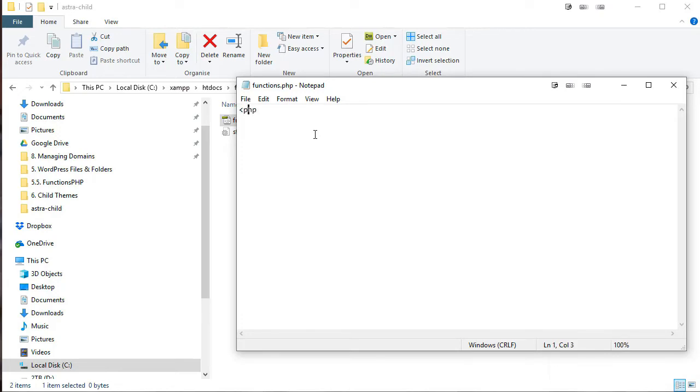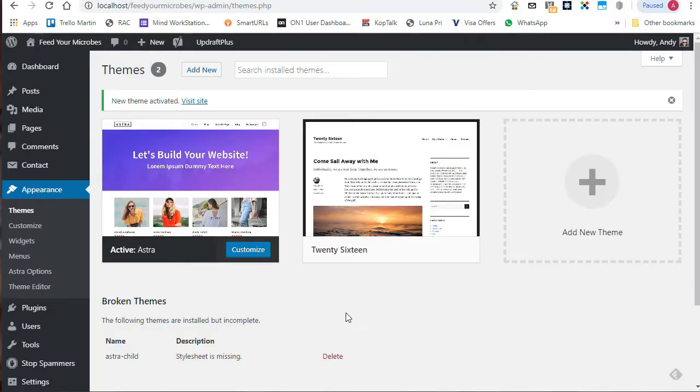I forgot the question mark. So it's less than question mark PHP, and then I'm going to put in just a comment. Let's put, in fact, child code goes here. So any functions or anything you put into your functions PHP will go into this section of the file. Now let's save that and let's go back to our themes on the site,